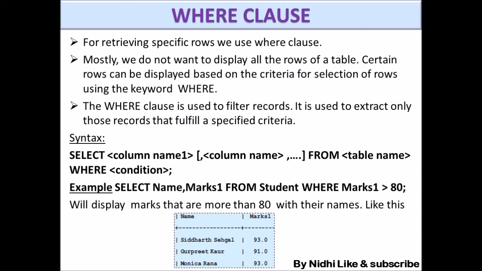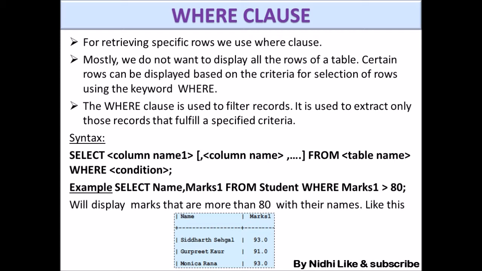I'm giving you an example. Suppose we have a table, and I want only the result of a person with the name Priya. In that case I just want all the values of the particular student Priya's row. For that I can use a where condition. So see here what the syntax of that is. Select is the keyword, and then you have to write the column name from table, and after from table you have to write a clause, that is where, and then you have to give the condition, what condition you want to fetch the result by.